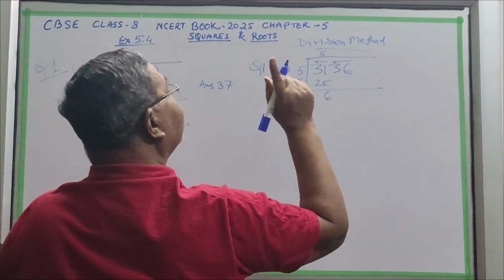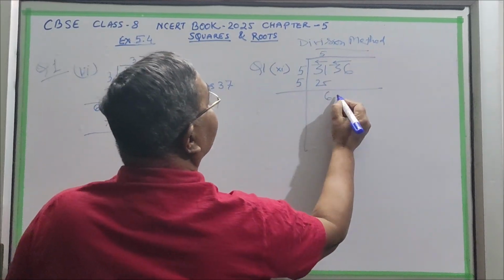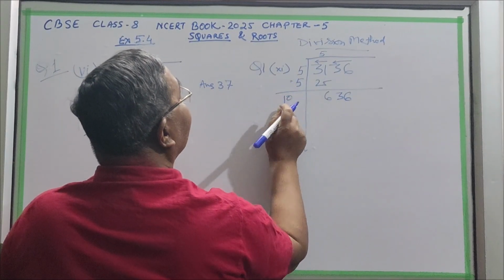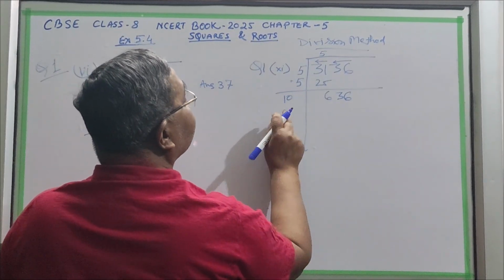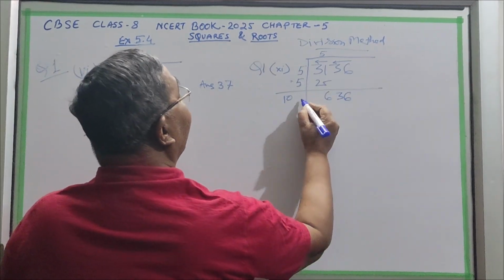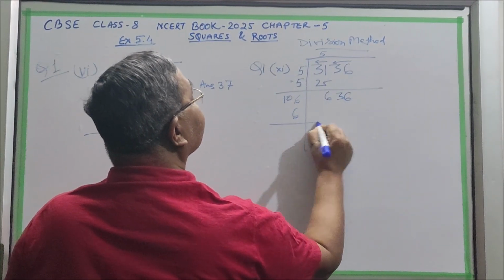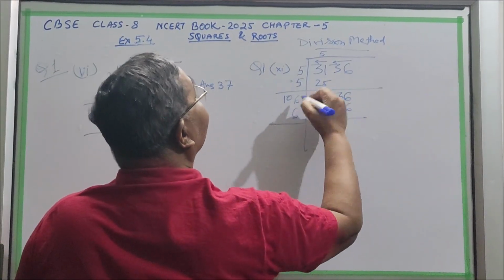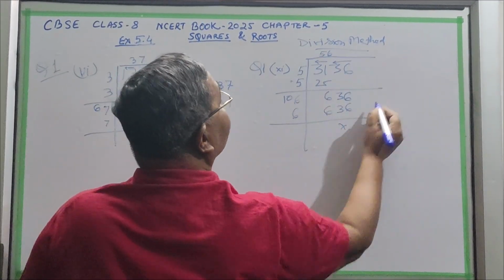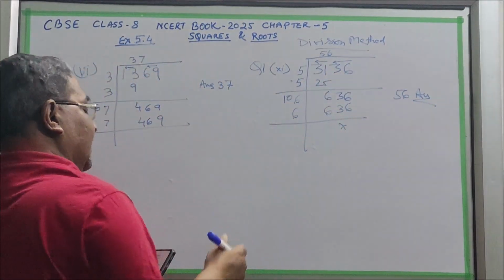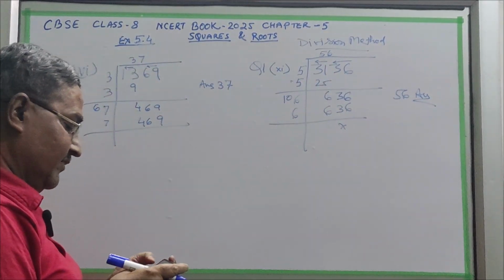In the division only one number comes, here two numbers will come. 36, and here you have to add it, so it becomes 10. So you have to find a number whose multiplication is 6. Like 6 6s are 36, and 6 1s are 6. So here it has worked. So 56 is your answer. In this way, by the division method, you can divide and find the square root.